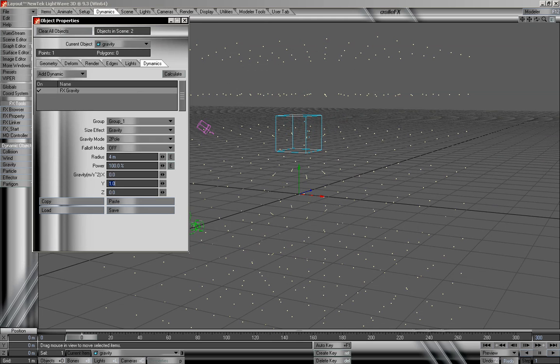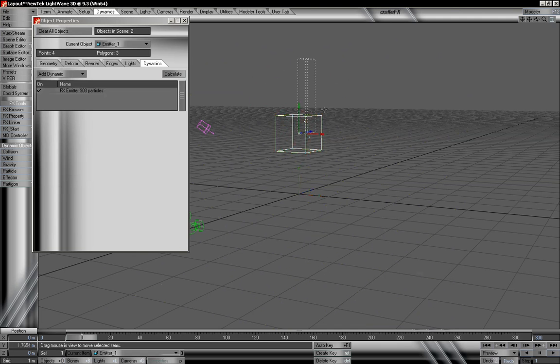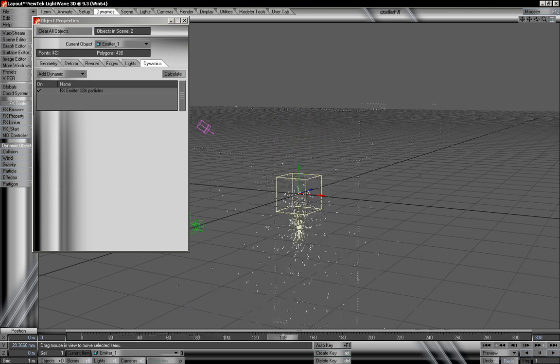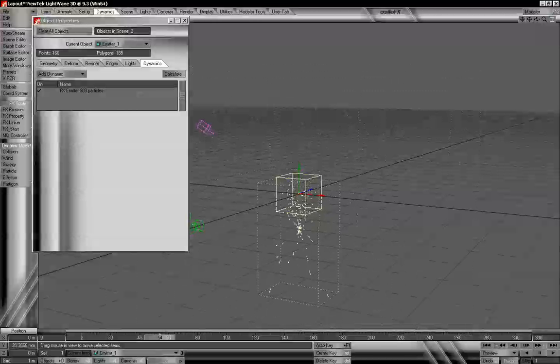I'll set our power back up to 100, and we'll do a -1 on the y, so we're kind of back to default. And I also want to take our emitter object and bring that back towards the center. And now we can see that we're going to get some different effects